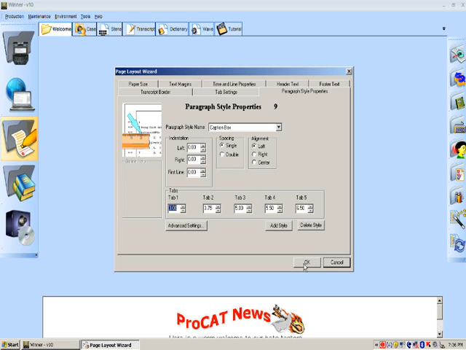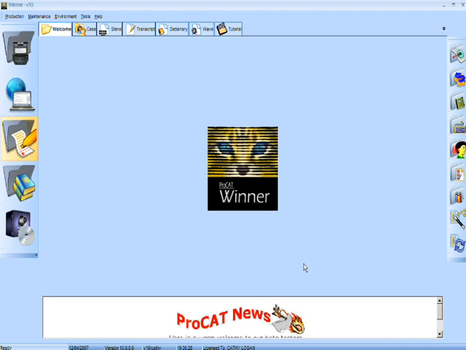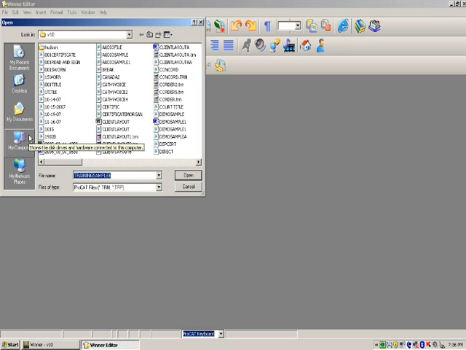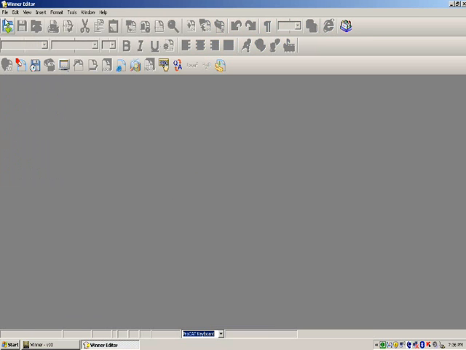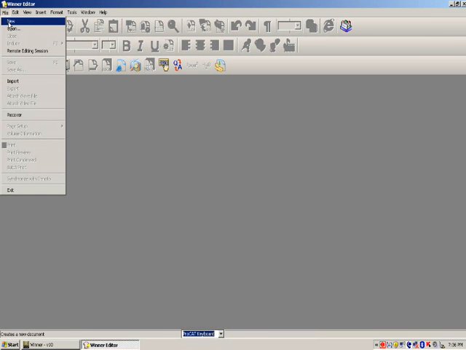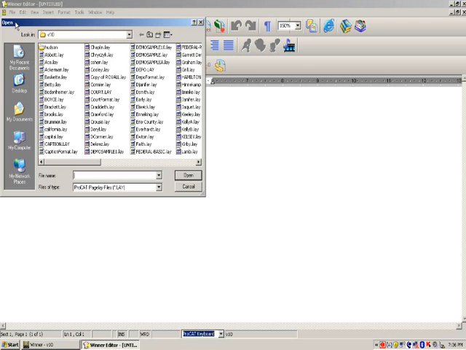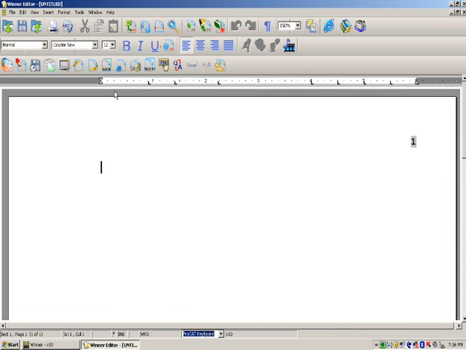And I'm going to then click OK. So you have to estimate approximately where the middle of your page is to make this permanent for you in the caption box area. All right, let's click on the editor icon again, and at the open window, cancel. We're going to go back to File, click on New, select your layout,